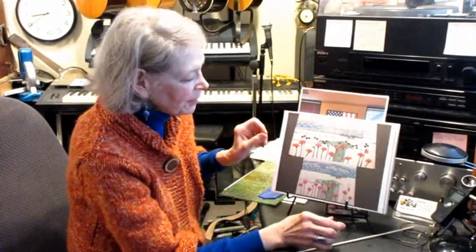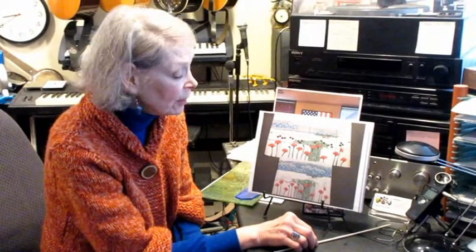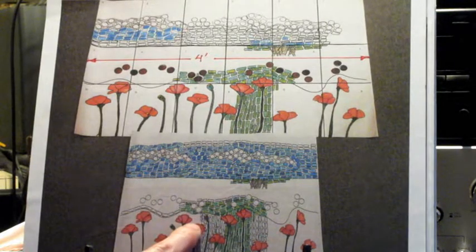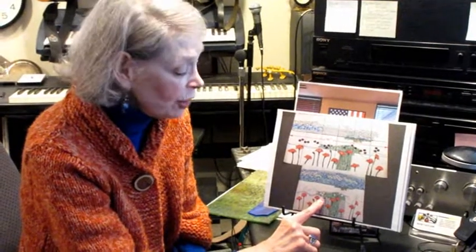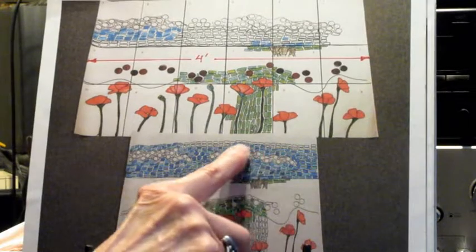I put up some suggestions for them, and Melissa came back and said she wanted a poppy field. She wanted a flag and a poppy field, and she thought it would be better for them if they didn't have one large mosaic but 2 smaller ones. So this is the design for the poppy field, and the poppy field is going to be in the memory care part of the home,